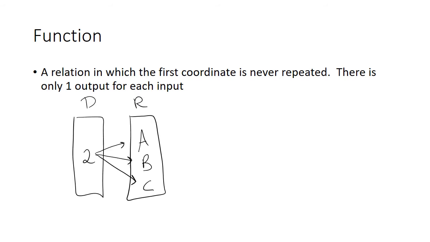Let's say you're texting on an older phone where you don't have the letter keyboard. If you wanted an A, you hit 2 once. If you wanted a B, you hit 2 twice. And if you wanted a C, you hit it 3 times. The problem was, if you knew that somebody typed in 6284, you don't know what word they typed in because it could be any range of letters, because each domain has more than one range. If you typed in a 2, it could be an A, a B, or a C. So this one we would say is not a function,